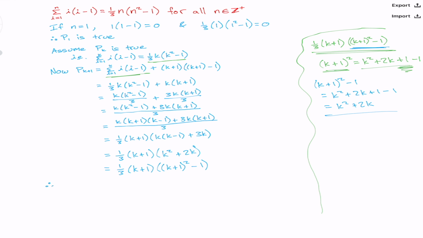So from here, I've now proven that p of k plus 1 is true whenever p of k is true. So what we therefore say is p of k plus 1 is true. And we've now proven through mathematical induction that this is true. So we now say, therefore, since the first case scenario was true, which was p of 1, and the p of k plus 1 was true,